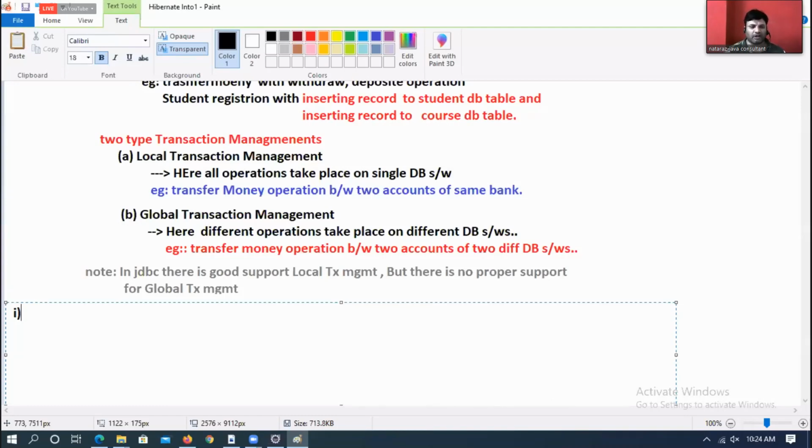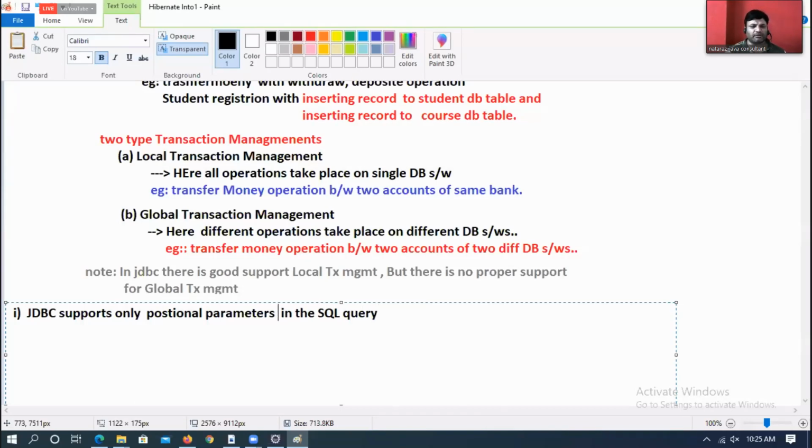Okay, now listen. JDBC supports only positional parameters in the SQL query.